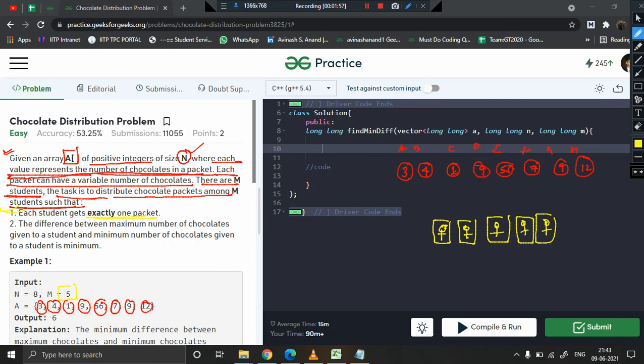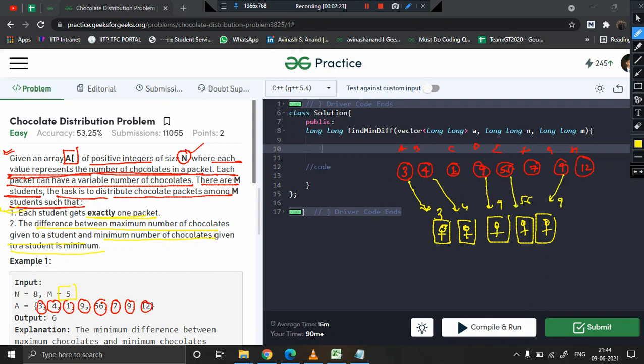Now we have to distribute the packets to the students such that the difference between the maximum number of chocolates given to a student and the minimum number of chocolates given to a student is minimum. Suppose I give 3 chocolates to one student, 4 to another, 9 to another, 56 to another, and this 9 again to another.